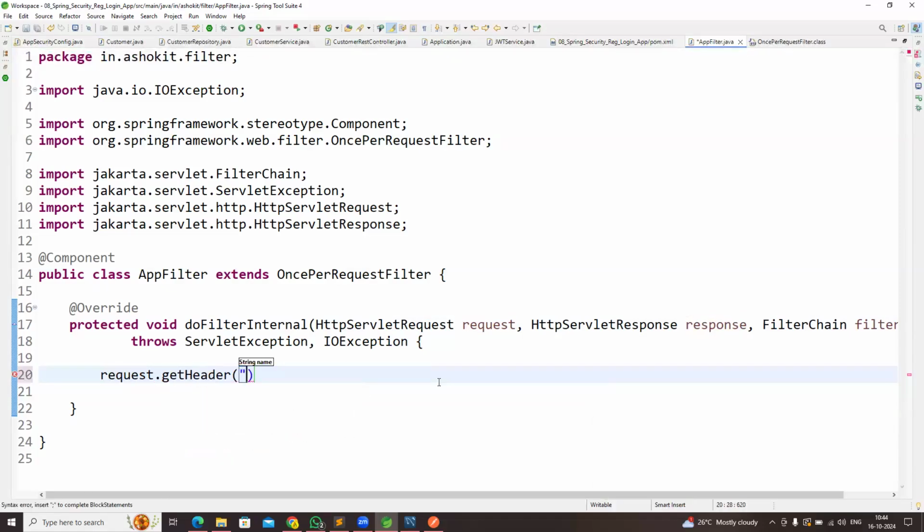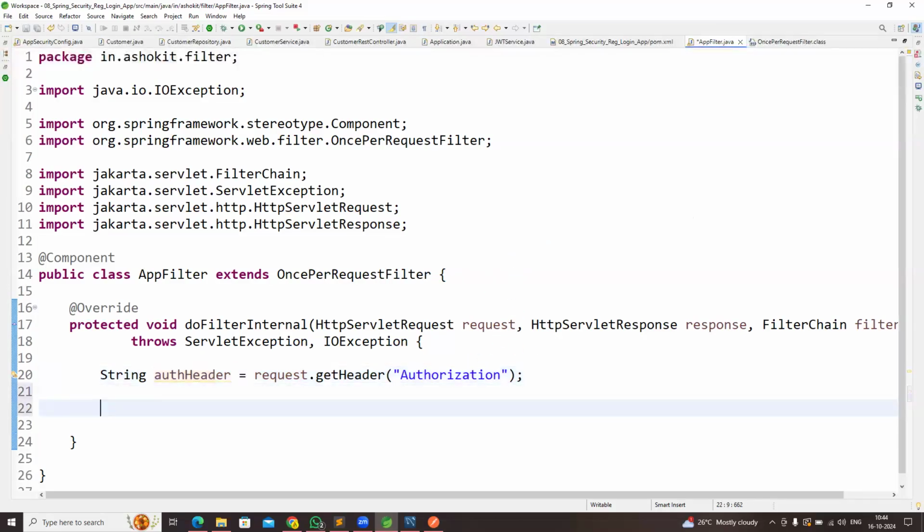What is the name of the header? The header name is the authorization header. The header will come with the authorization. Let me store it into a variable, authentication header. Request.getHeader of authorization, and I got the authentication header. Now I am going to verify this header is not null. If auth header is not equal to null,